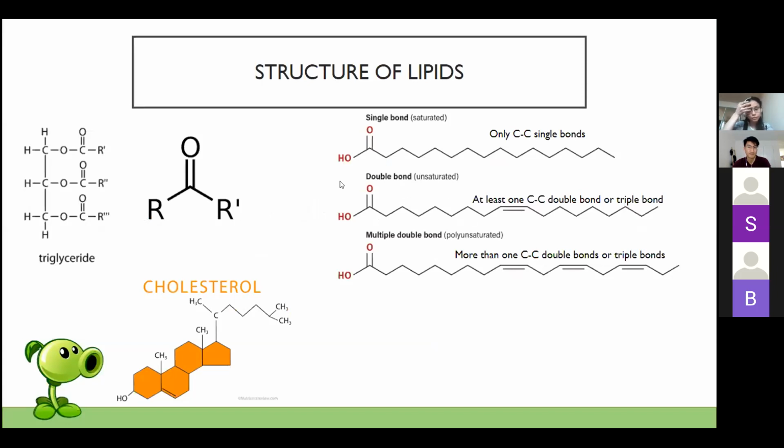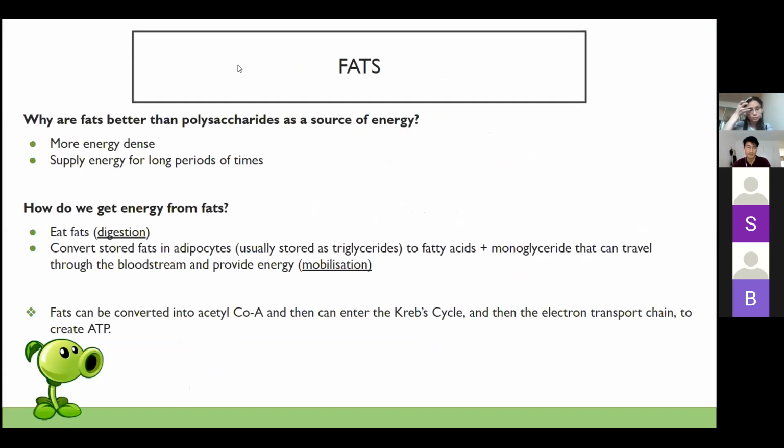Okay, so normally at rest, our bodies would use fats, so that's why we store a lot of fats around our body, because it's more energy dense compared to carbohydrates. So we can basically get fats from one of two ways, right? We can get dietary fat from our food, or we can use our stored fats and turn that into energy too. And how we get energy from that is,